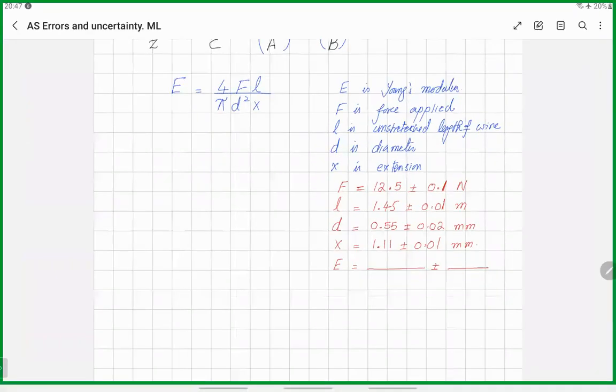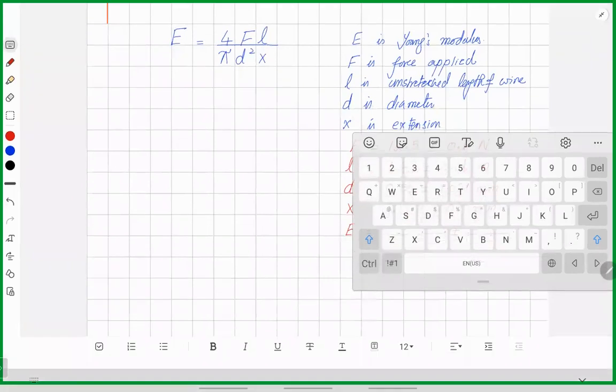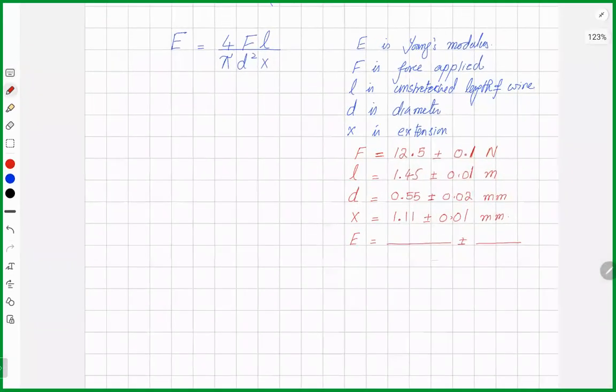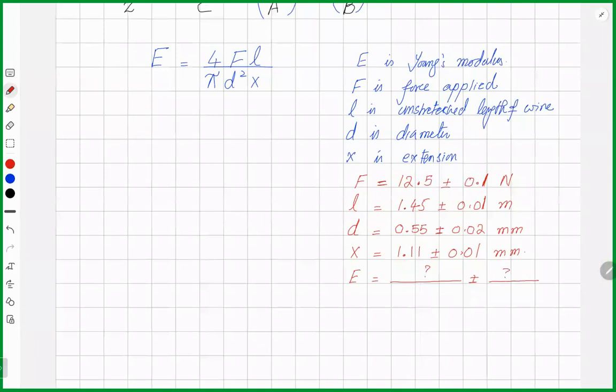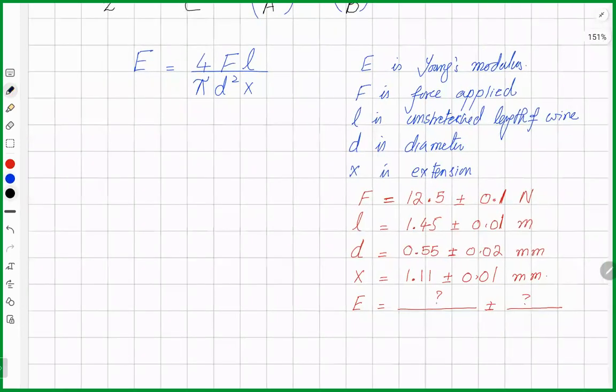Okay, in the last class, I gave you this question where we had to find the uncertainty and the quantity. We had to find Young's modulus with quantity and its uncertainty. Now, let's start. First of all, step one, you calculate